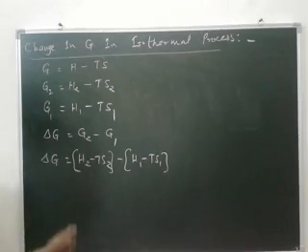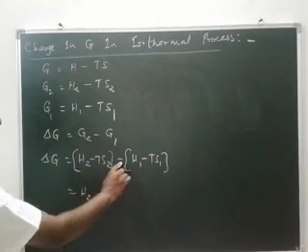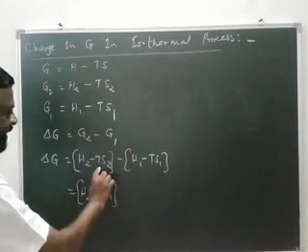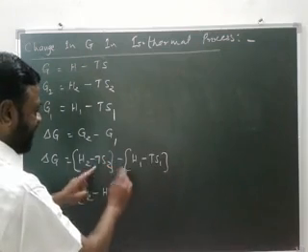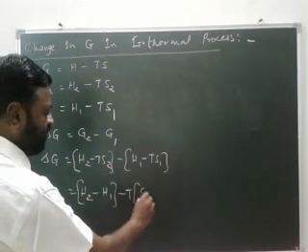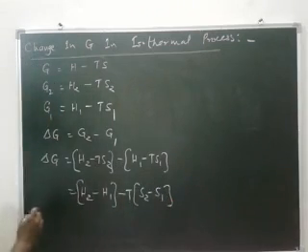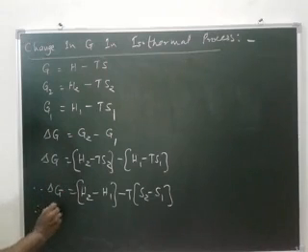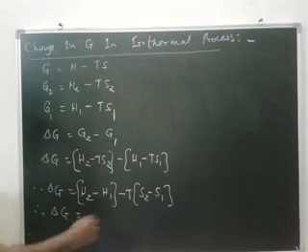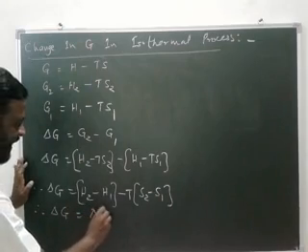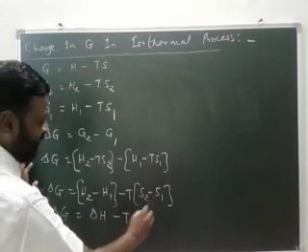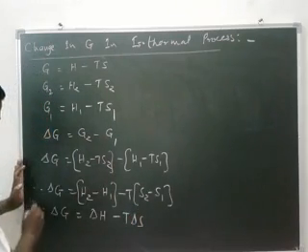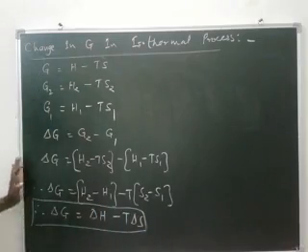Now we can simplify this. H2 minus H1, and minus TS2 plus TS1. We can take T as a common factor. So H2 minus H1 minus T into S2 minus S1. Therefore delta G is equal to H2 minus H1, which we can write as delta H, and S2 minus S1 we can write as delta S. So delta G is equal to delta H minus T delta S. This is the change in free energy,